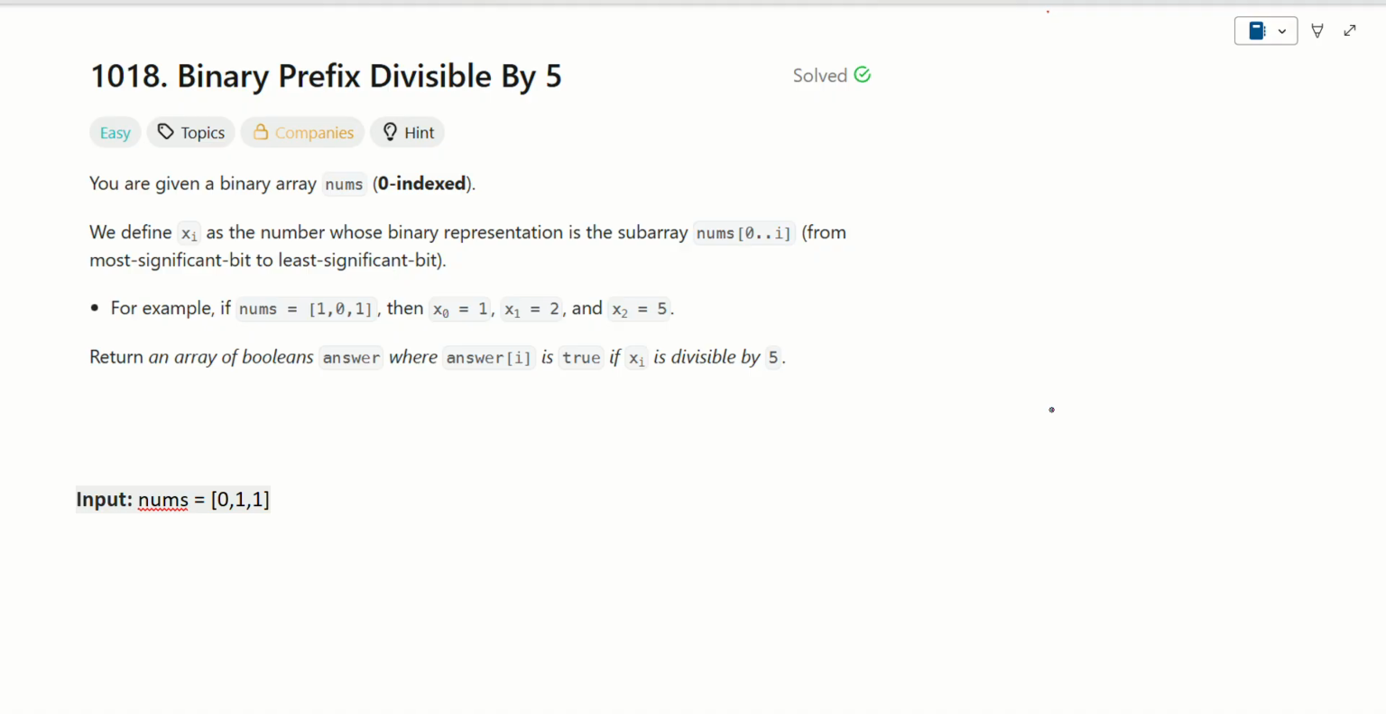Question says, you are given a binary array nums, 0 indexed. We define xi as the number whose binary representation is the subarray from most significant bit to least significant bit. For example, if nums is equal to 101, then x0 is 1, x1 is 2, x2 is 5. We have to return an array of booleans answer where answer of i is true if xi is divisible by